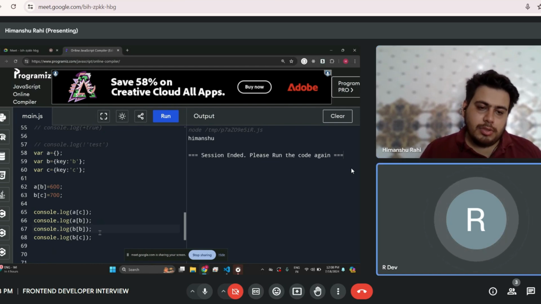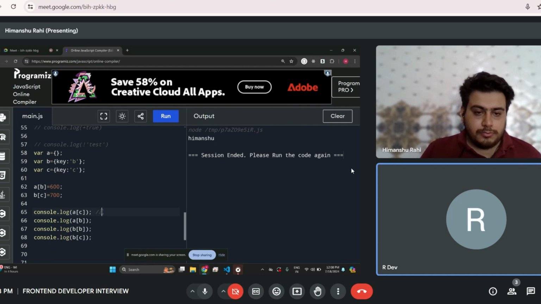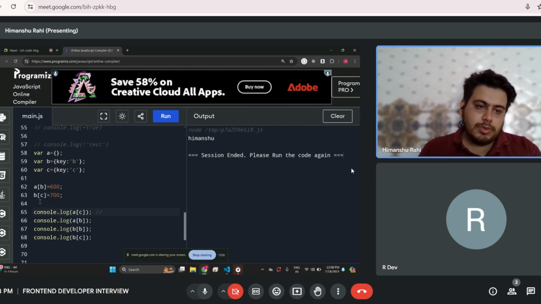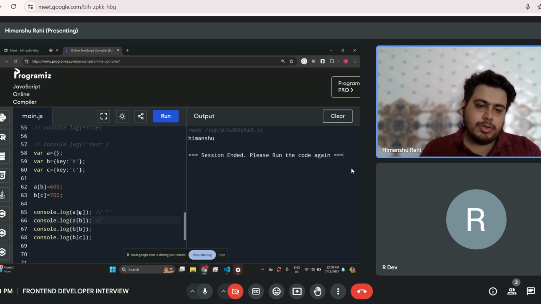Write it down in the comment. So a of c, maybe error or empty. Empty, and this one a of b is 600.